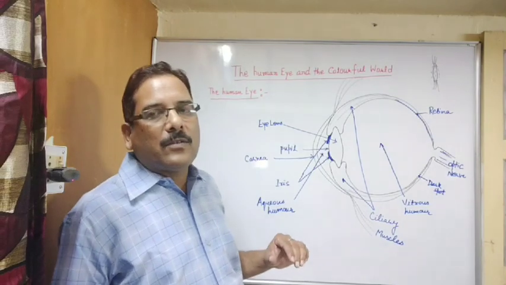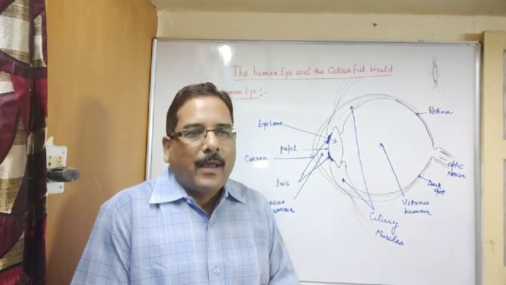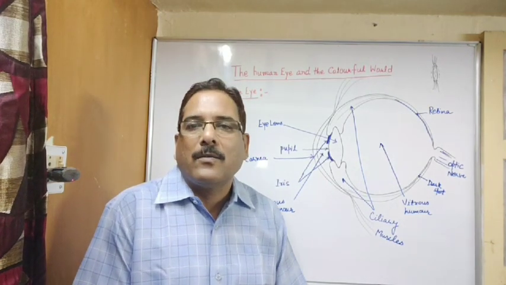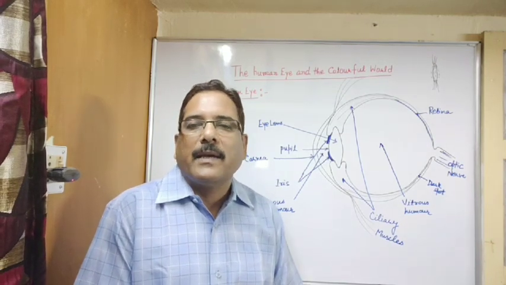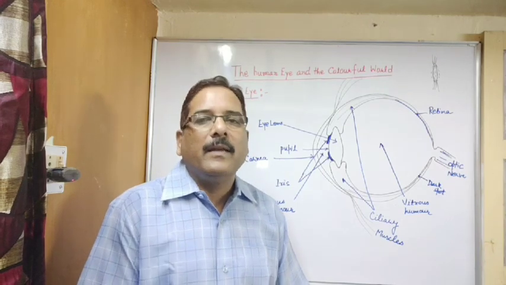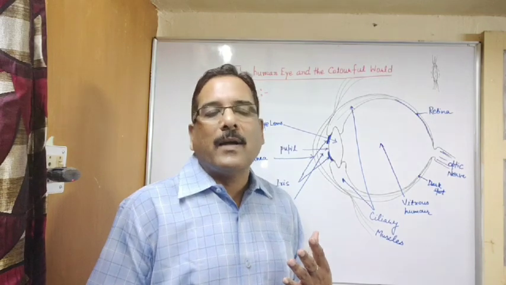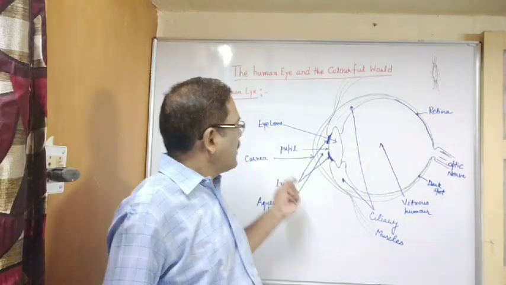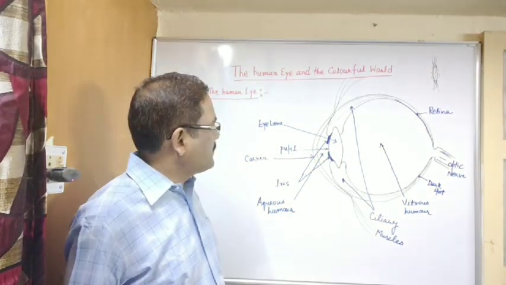If you are in strong sun, the size of the pupil is very small. You might have felt that when you enter a dark room or a cinema hall from outside, for a few seconds everything appears dark to you, and gradually the size of the pupil increases, more light enters your eyes, and then things are visible to you. So it controls the amount of light entering our eyes.